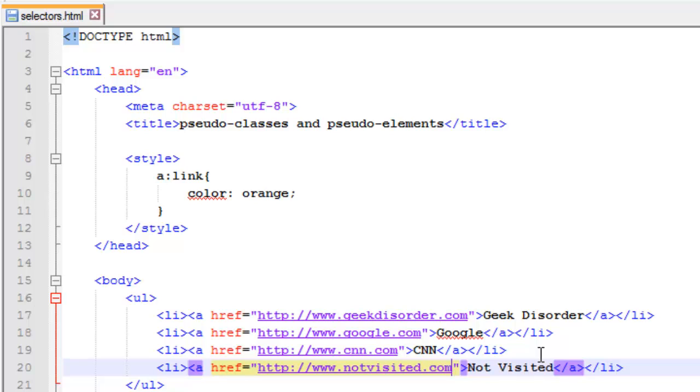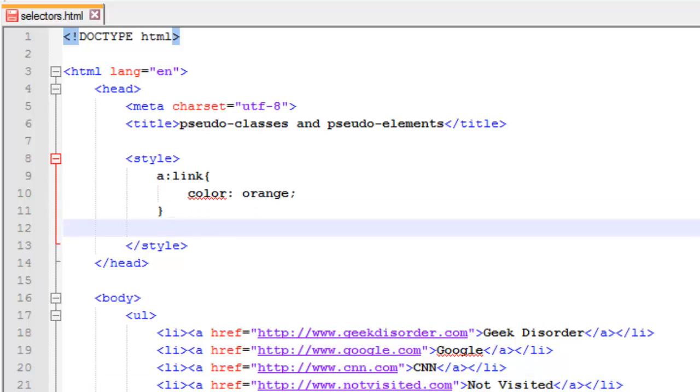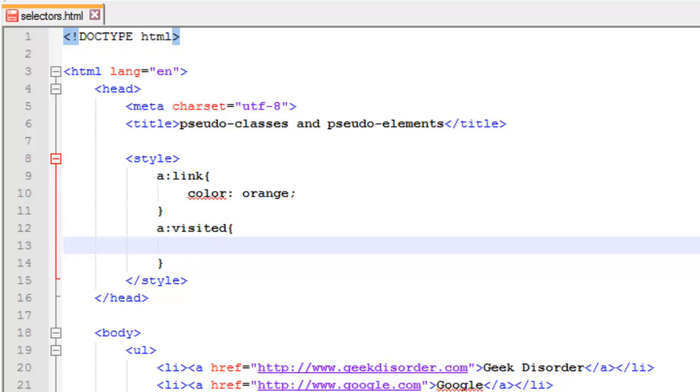So that's what link does. It turns an unvisited link, well, a link that you have not clicked on, you have not went to, it turns it orange. So let's take a look at some other stuff. Okay, next one is going to be a visited link. So visited is just like it sounds, visited. And there we go. Alright, now this one, remember, this is a link that you've already visited, like our GeekDisorder,